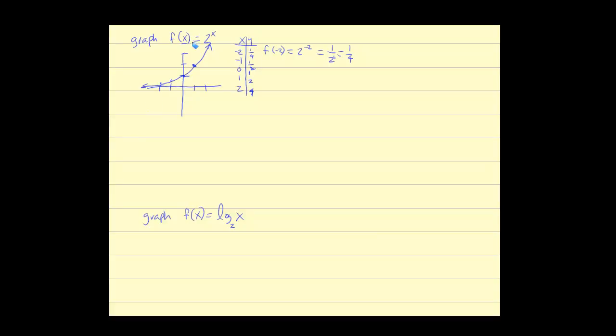What we do is we look at the inverse of this function. Now, f of x and y are the same thing, so we can write this as y equals 2 to the x. To find the inverse of a function, we would swap the x and y and then solve for y. Now, the problem is, again, it's very difficult to solve for a variable when it's up in the exponent. So what we do is we write this as y written as a function of x, in another form, and it's called the logarithmic form,